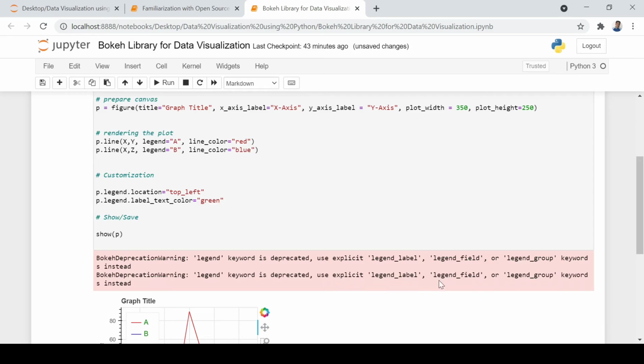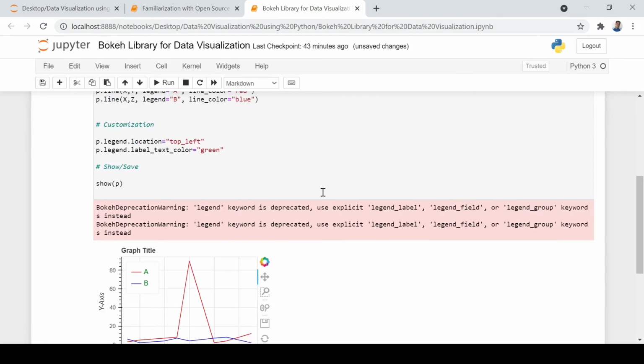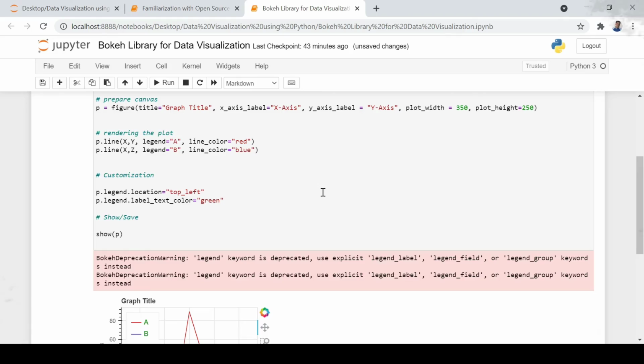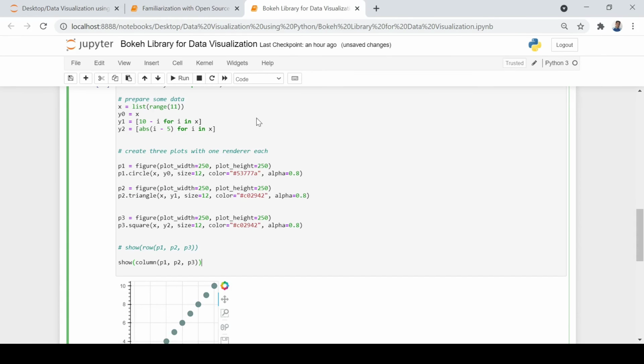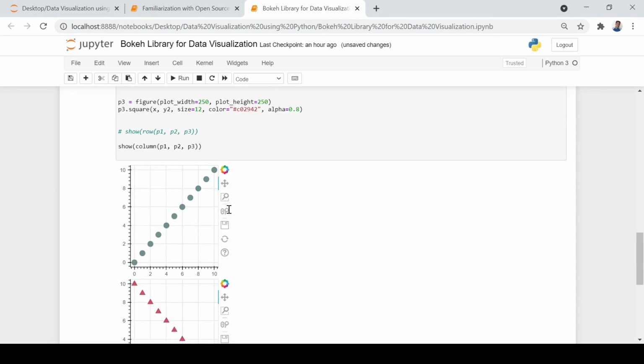Also, the one thing which we have discussed, the range you can vary, as you had done the level changing there, set level, set range. So here we'll again provide that in the figure, and here we are deciding where and how to plot the different axes on the figure canvas. But here we are defining it when we are showing it, defining different renderers and where to plot, in what format you want to plot, individually or together, and each represents a plot. There are slight differences you should notice, but once you practice you will recognize them, and it will be easier to handle. So this is about a multi-plot where you have the customization of row or column.